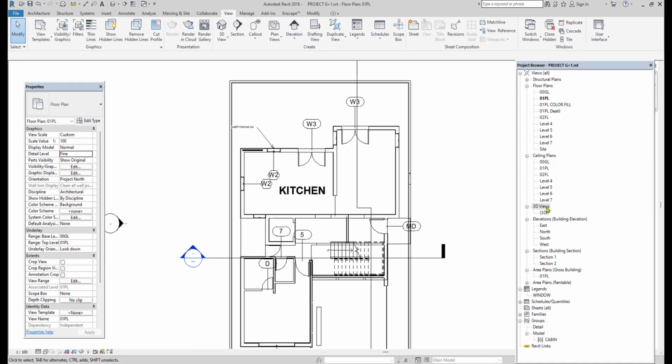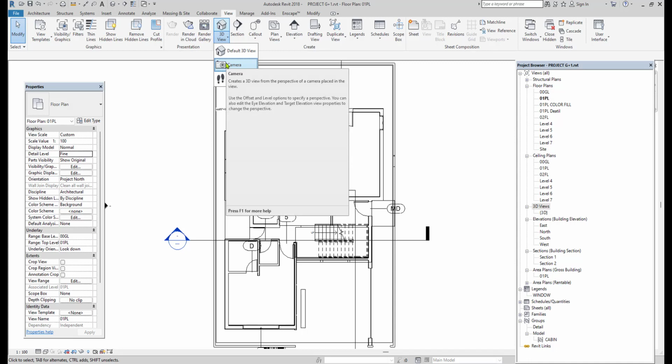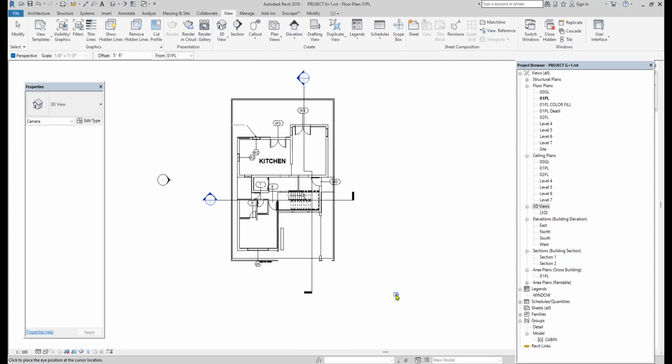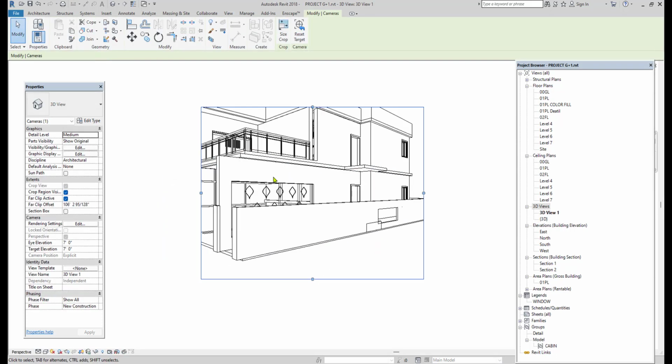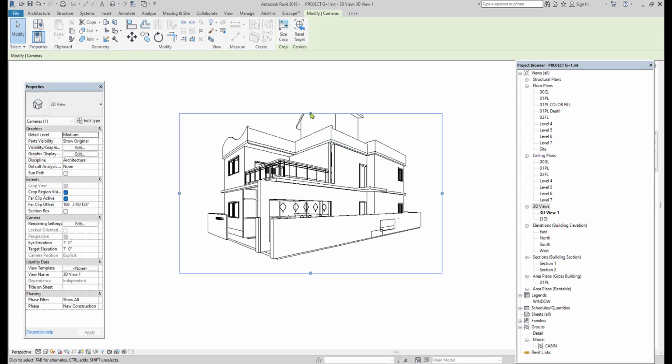Next is 3D views. In order to create the view, make sure you are on the particular floor level, that is plinth level or any other level depending on the requirement. Next you click on the view option. Just below the 3D view, here we have a camera. First we have to place the camera in such a way that we decide which angle we are going to cover or which view we are going to take. Then place the camera and move the mouse to the target, and then you will get the view like this. Once you get it, just expand this to cover the area of the project properly.